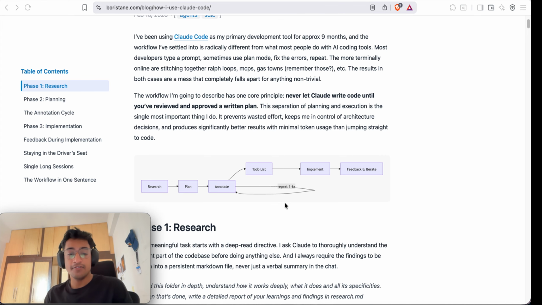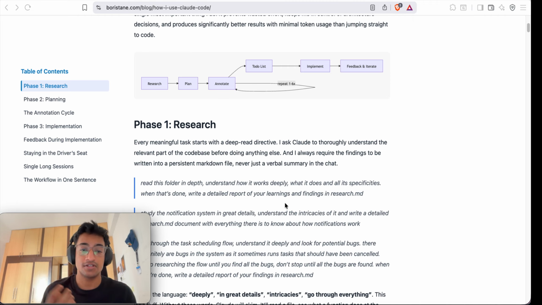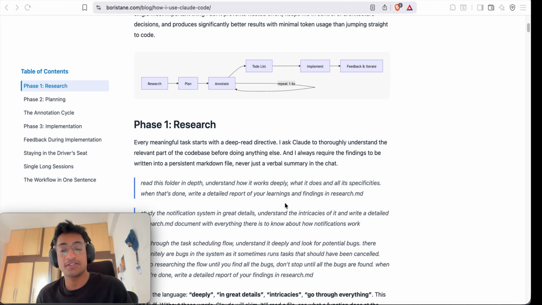So in the first phase, the author has mentioned he does research. What does research mean? For example, if your organization has one service, or if your team owns one service, a notifications service, and you want to make changes related to an endpoint where people push the notification, and your task is related to tweaking the endpoint. So what you can do, you can write a prompt to analyze and research that particular endpoint and related components, and